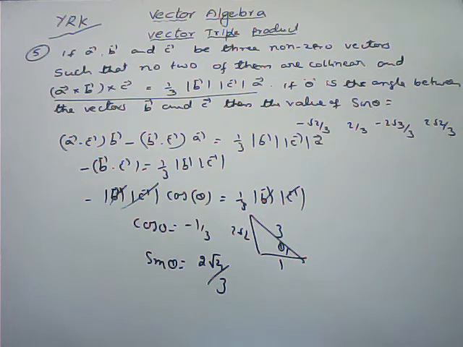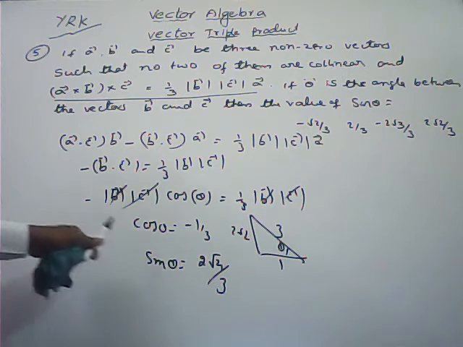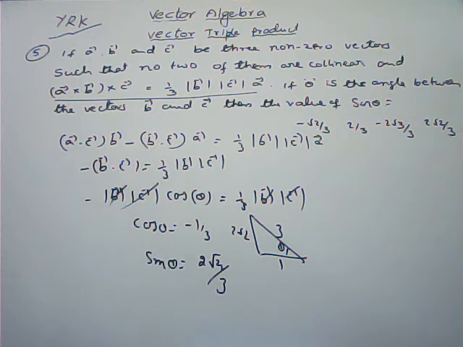Here in the A bar dot B bar or A bar cross B bar, theta always lies in between 0 to 180 degrees. So here cos is negative means the second quadrant. Theta is obtuse, pi by 2 to 180, but sin is positive in the second quadrant. So here we can write a positive value. So fourth option we can get.